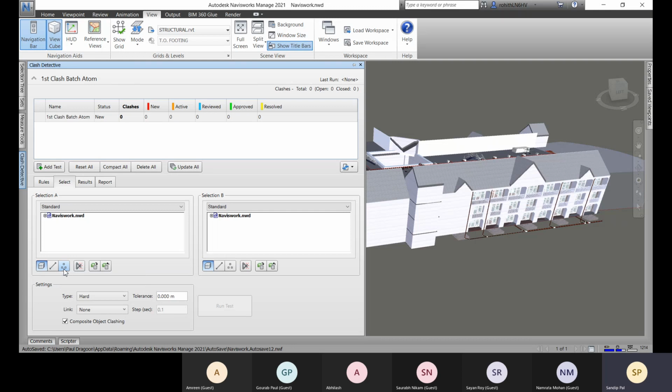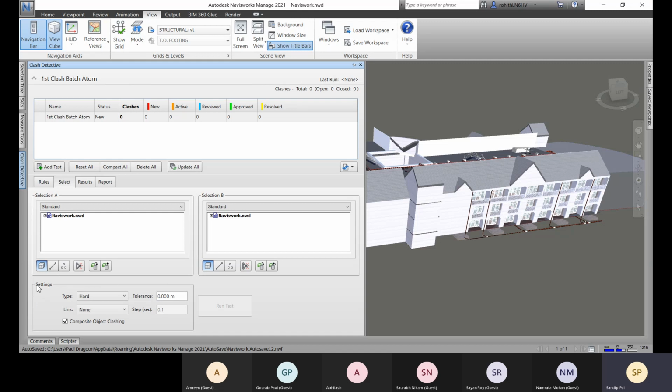You can also choose your point clouds. If there are point cloud files and you want to run the test for them, you can choose point clouds for both sections. And this is for self intersect. If there is any duplicate object or common parts within a single component, and you want to run a self geometric intersection test, you can go for this option. You will be specifying this first, before selecting your objects.